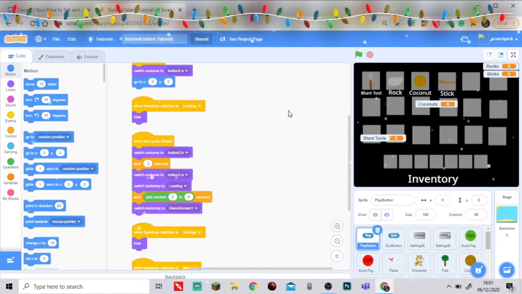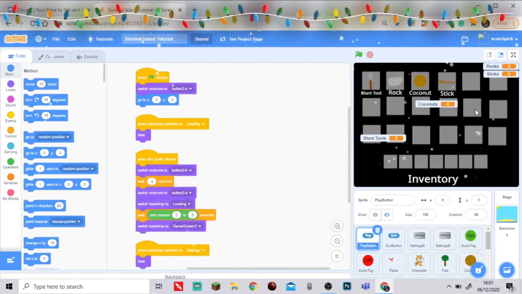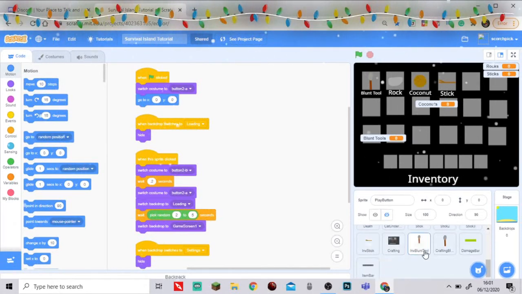Today it's gonna be a rather short video. We're just gonna be doing some variable fixes. As you can see on our inventory, all our variables are all over the place. So what we're gonna do with this episode is we've got our variables here, and we're gonna basically just move them into place. So we're going to start by going over to our